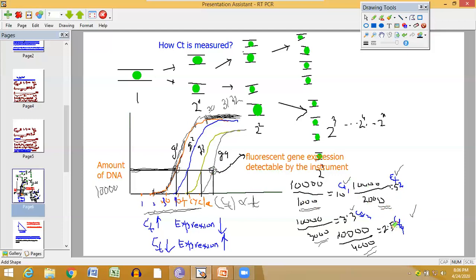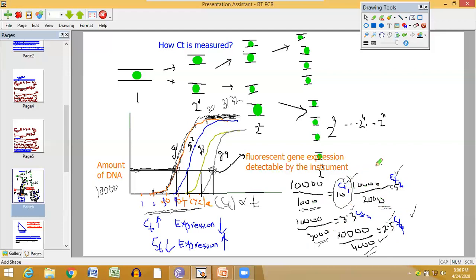That means the gene which is having lower expression, or higher CT, the gene which is having the higher CT, is having the lower expression. That's why it is having the higher CT. And the gene which is having the lowest CT, the least CT value, will have the highest expression, and accordingly they will arrange. The gene having intermediate CT will have intermediate expression.